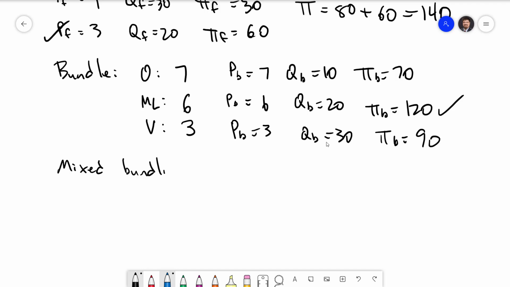Can we offer the bundle alongside individual components on their own? The vegetarians in this example provide us with an untapped market. They were only willing to pay 3 for the bundle, so we ended up forgetting about them and selling the bundle just to the omnivores and the meat lovers. But they still are willing to pay 3 for fries. If we were to sell the fries for a price of 3, the vegetarians would be willing to come on board. They're still not going to buy the bundle, but they will buy the fries.